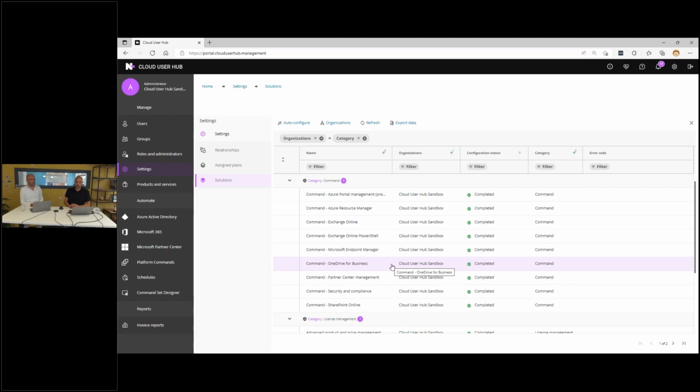The way we do that is effectively ask permission only for the parts that you want to manage. You see that Cloud User Hub has all the actions and solutions available, but you don't have to use them. So if you work with a customer and the customer says, you're only allowed to manage Exchange Online, then that's the only thing that Cloud User Hub can do, and therefore all the engineers that use Cloud User Hub.